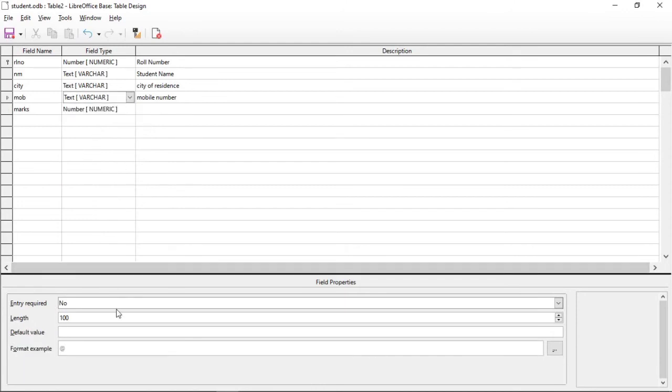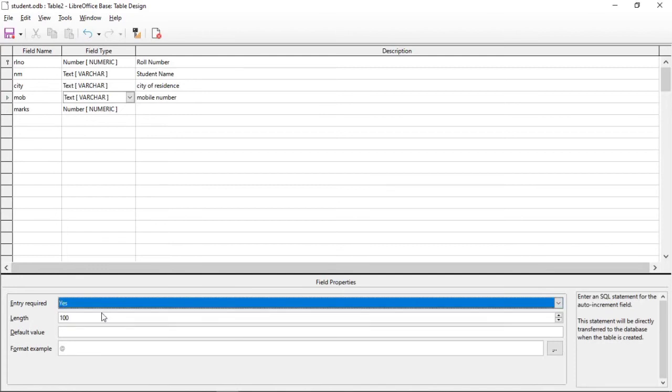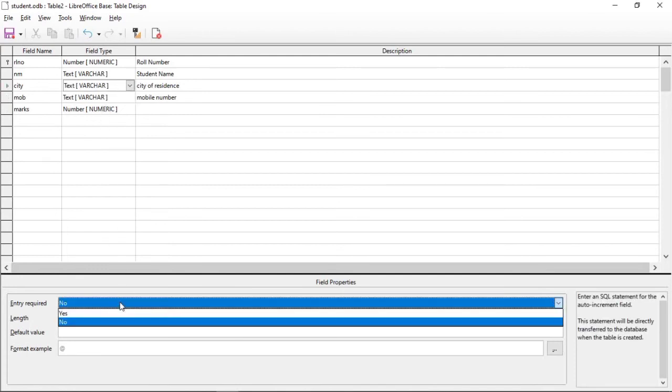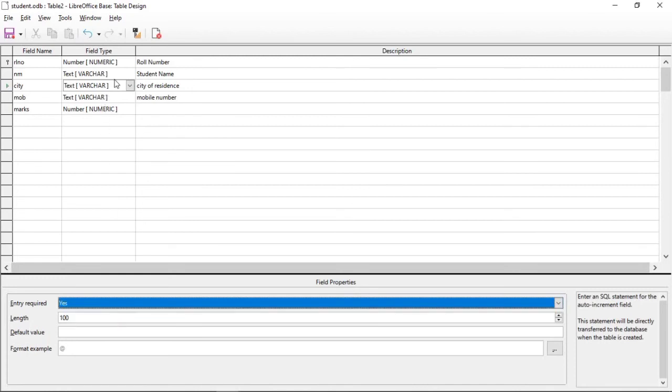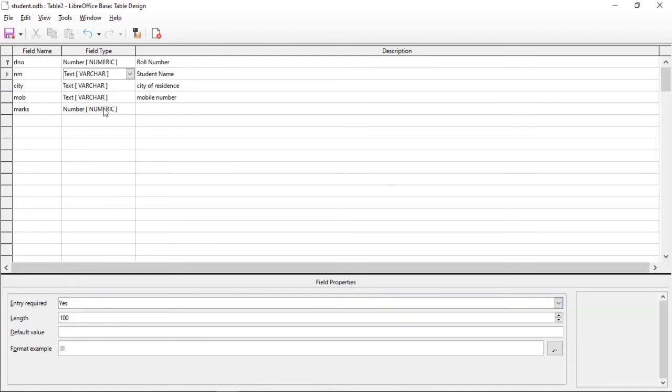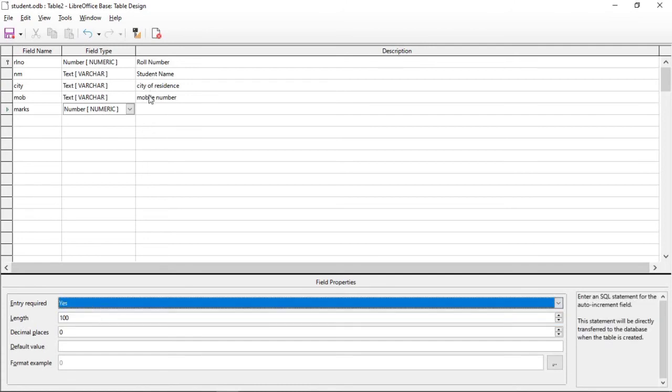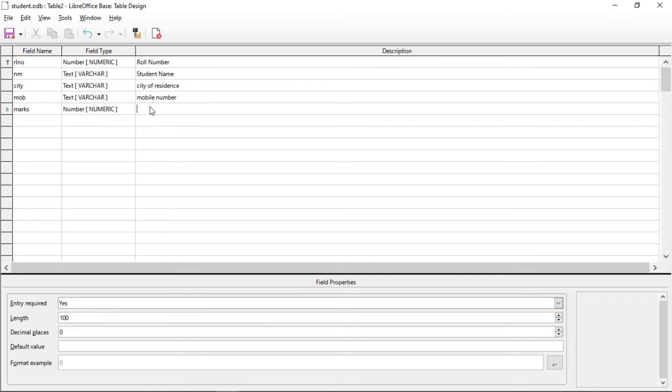For this field specify entry required yes. These are nothing but the marks of student.